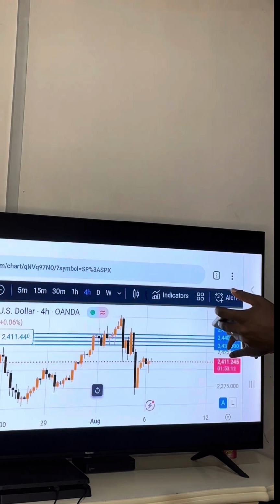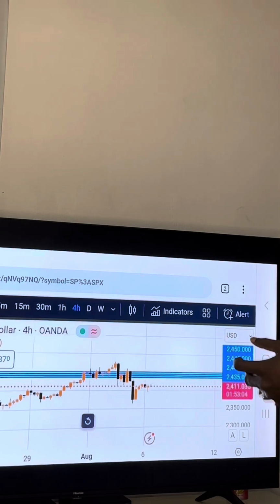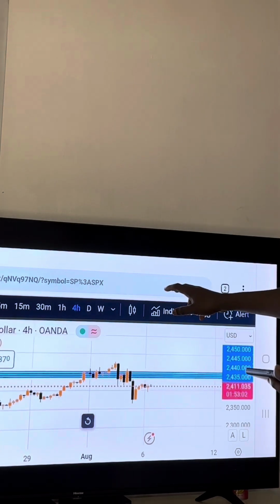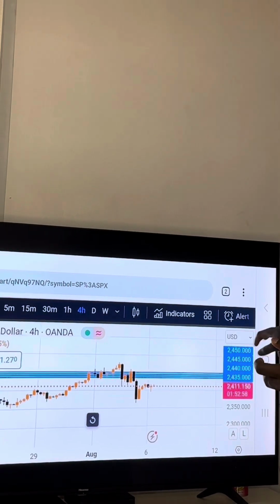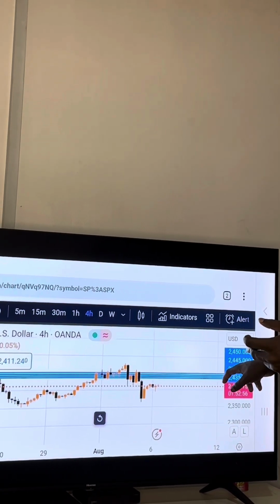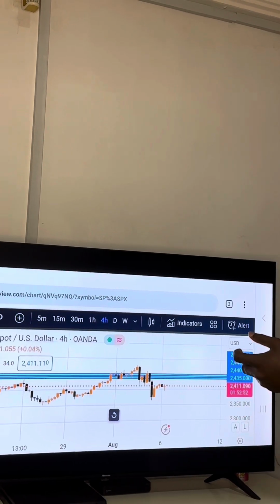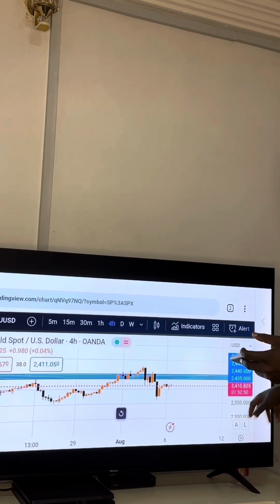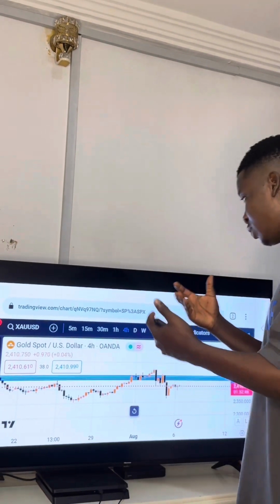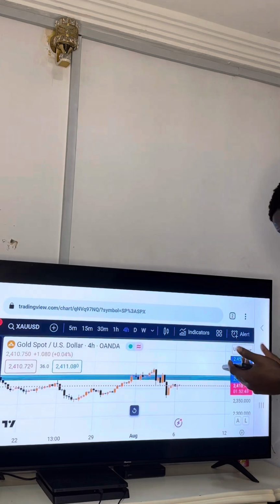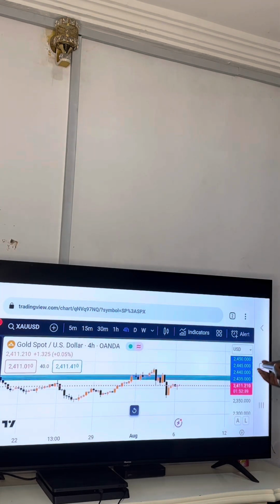Simple. Now if you want to price things in the market and they tell you this TV is 2,450, you will say maybe 2,440. Maybe the person will now say no, give me 2,445. These are whole numbers, mostly zones where big traders, big markets and big enterprises set their stop loss and